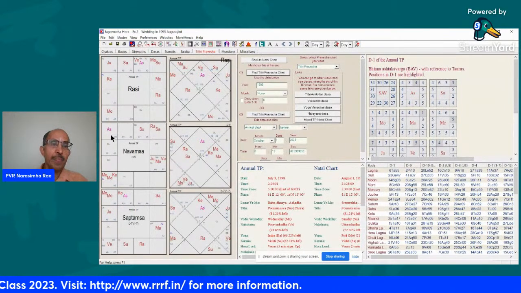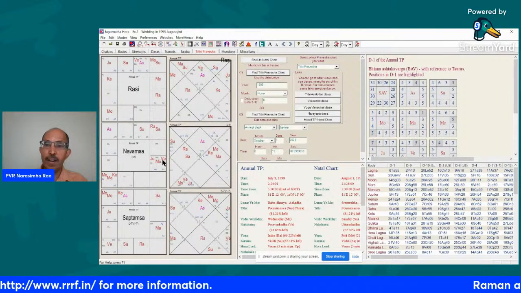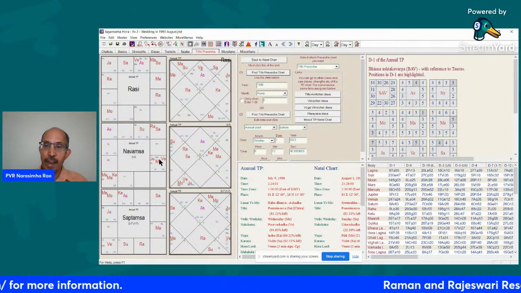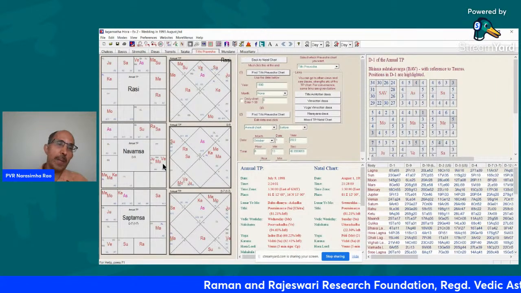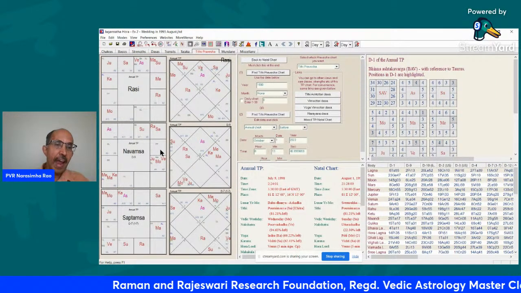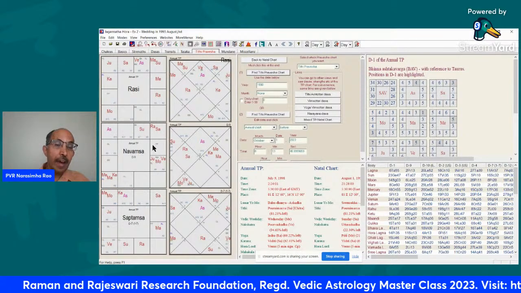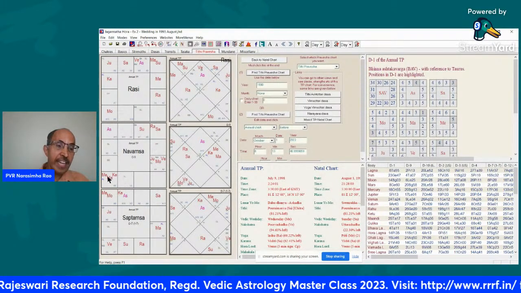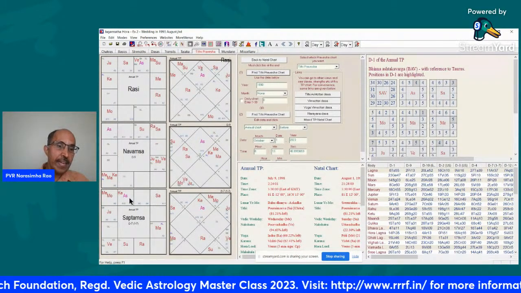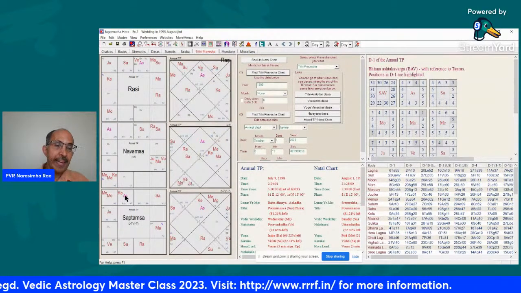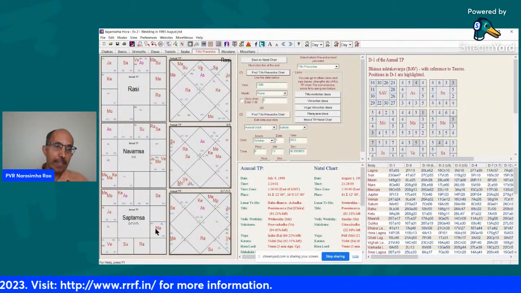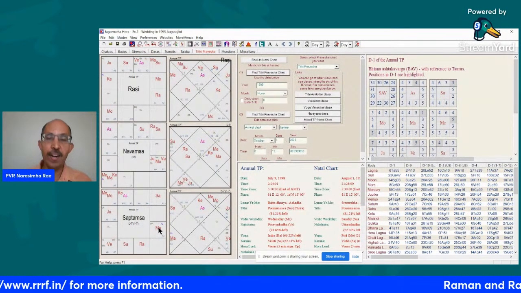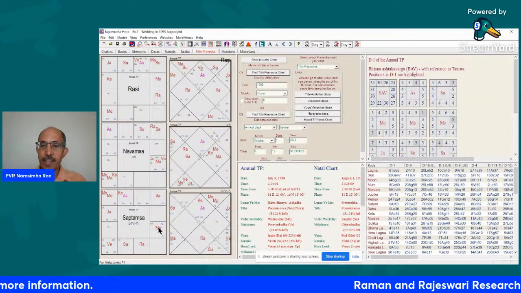In the Navamsa, you see that the Lagna Lord and fifth Lord are together, and there is a Rajoga between the Lagna Lord and fifth Lord, and they are in trine from the ninth Lord. And finally, in the Saptamsa chart, the Lagna Lord is in the fifth house of children. And actually, there's a parivartana between Sun and Mars. So between the Lagna Lord and fifth Lord, there's a parivartana.